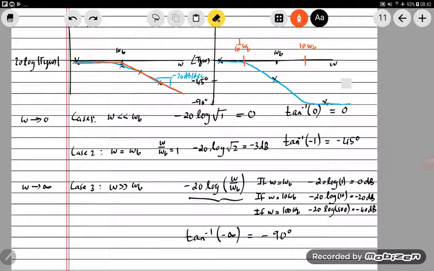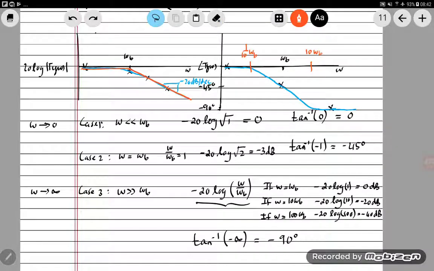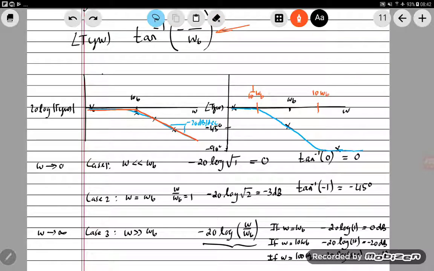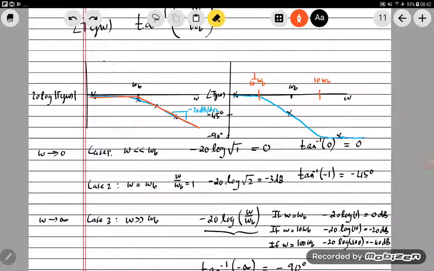The reason why we can do that approximation is because we know that for small frequencies the phase angle is 0, and for very large frequencies the phase angle is minus 90 degrees. And if we plug 1 over 10 omega b into our phase equation, we can see that it's approximately 0 degrees, and if we plug in 10 omega b, we can see that the phase is approximately minus 90 degrees. Okay,